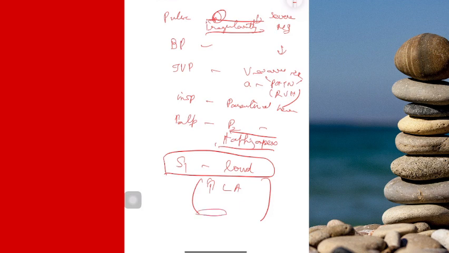If these are the two leaflets of your mitral valve, when the pressure is decreased, the valves can approximate each other very easily, and this produces a soft S1. When the LA pressure is very high, the valves have to approximate with greater pressure. The valves have to compensate for the increased LA pressure, so they snap at each other with a greater force. That is why you get a loud S1.